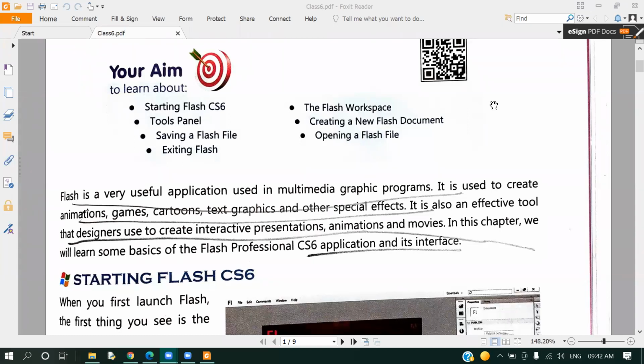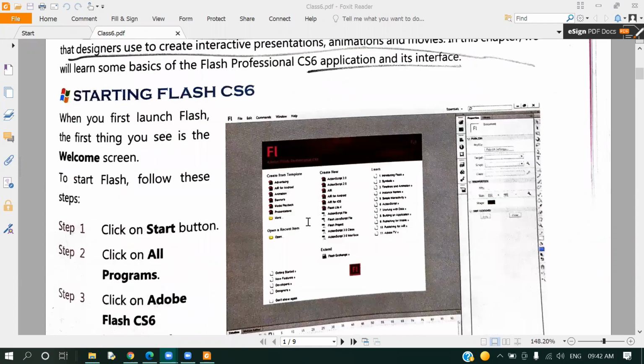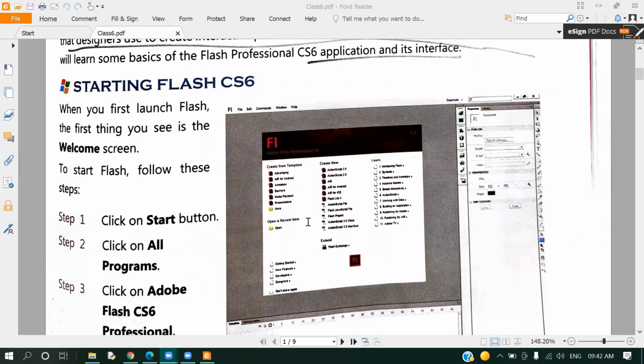This is software में design करते हैं. How to install this Flash software? It is very much easy. You can go to the browser and search for Flash Player. There you will see the link and then you can install your Flash software. Second thing, this is a paid software. You have to purchase it. We can have a crack version, but we have to purchase it. It is a paid software.